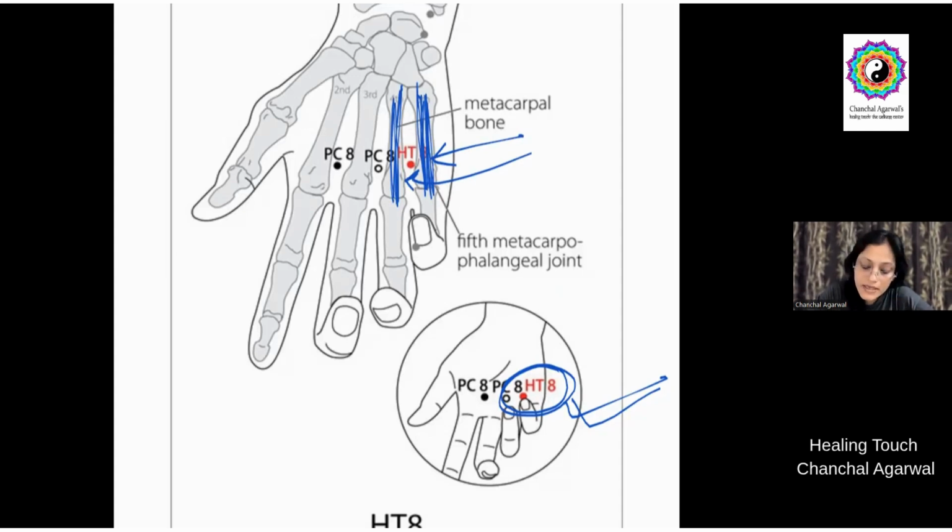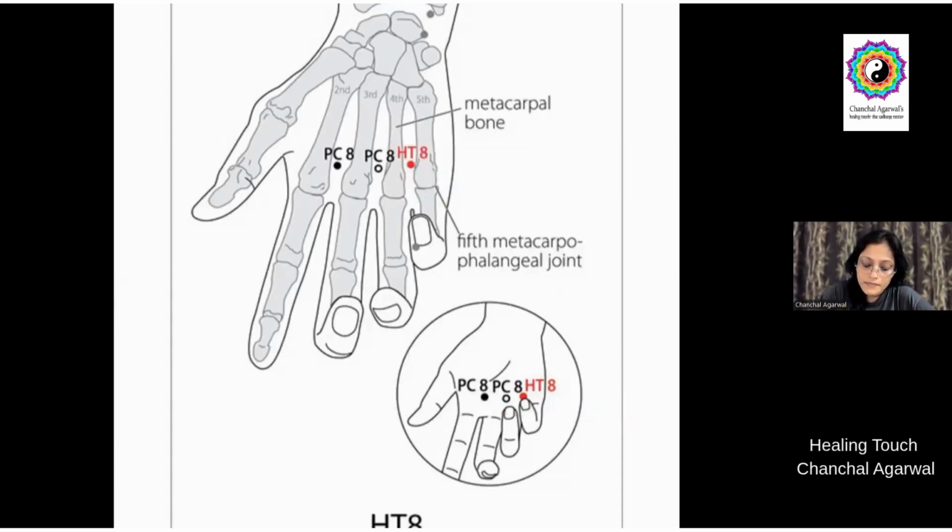If you place your seed instead of in the gap, if you place your seed here or here, it will be painful for the patient. Okay. So your point is in between the gap. H8 is here. This is H8. So you place a dry pea seed here. Okay. After that, we move to the next point,